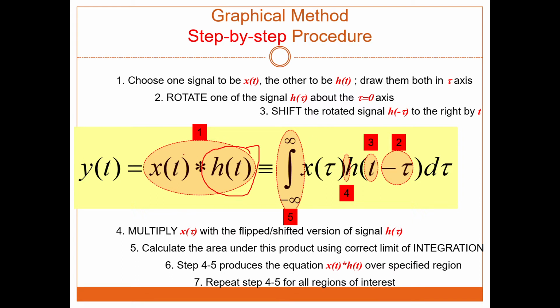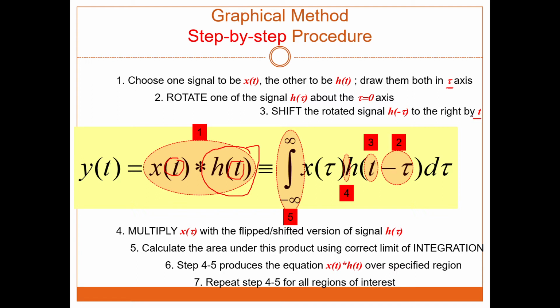But before that, we have to change the t in both equations to tau. Then the second equation we rotate at tau equal to 0, so now it becomes h(minus tau), and then we shift it by